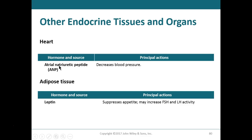Now let's look at this part, natri. That one might not be familiar to you, but I guarantee you that you've seen the chemical symbol for sodium before. What's the chemical symbol for sodium? I knew you knew it. Na, right? That's natrium. So now we've got heart, sodium, P, protein. Yeah, you got it. So atrial natriuretic peptide is a hormone that is released by the atria of the heart,